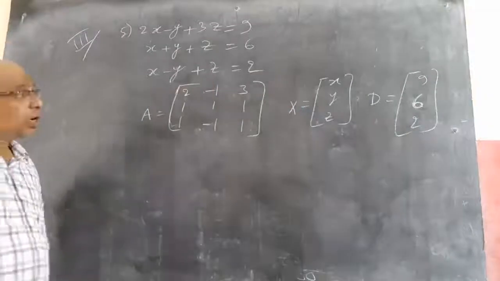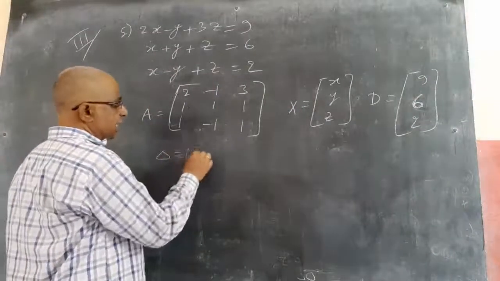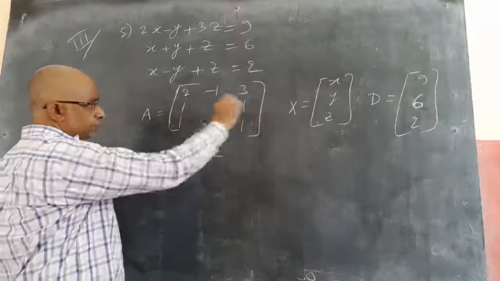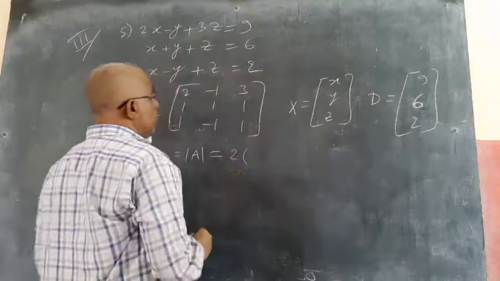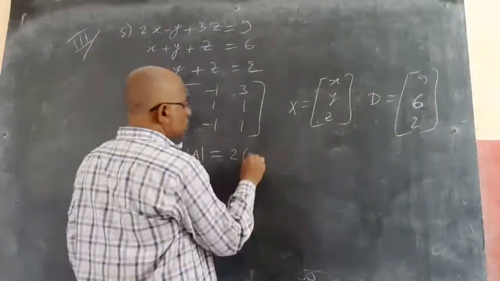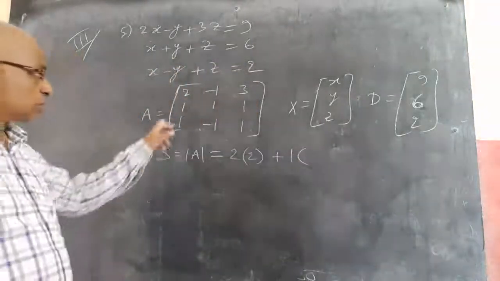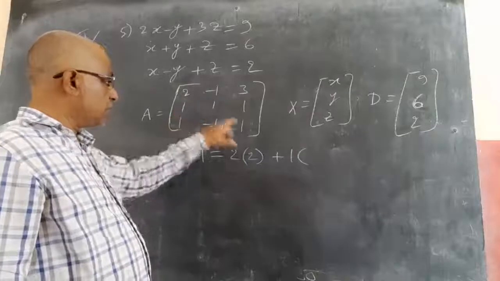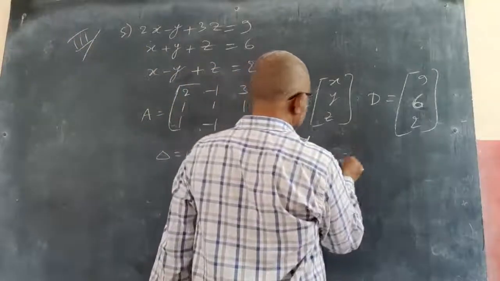So first we will go for delta as usual. How to find delta? We know. Taking the first row, actually any row, I am taking the first row: 2 into its cofactor, 1 plus 1, 2. Minus of minus 1 plus 1 into its minor, 1 minus 1, 0. Plus 3 into